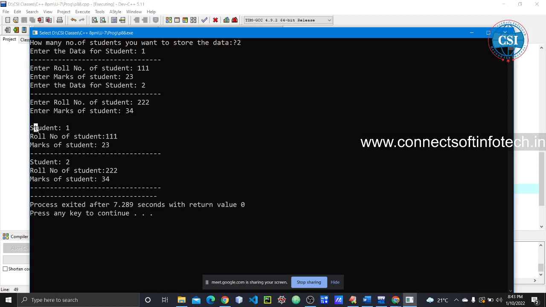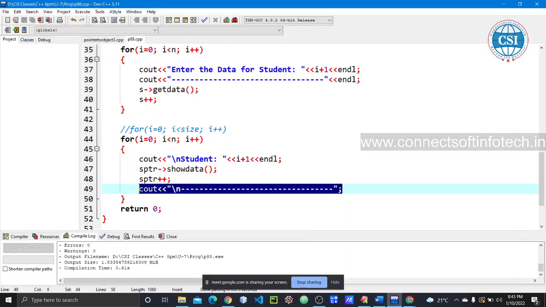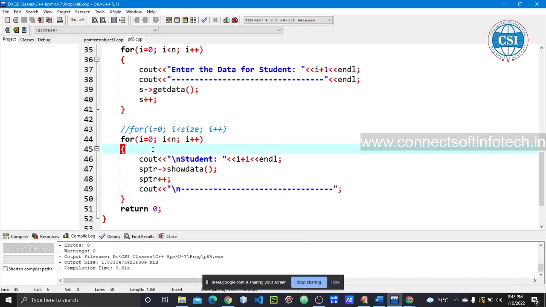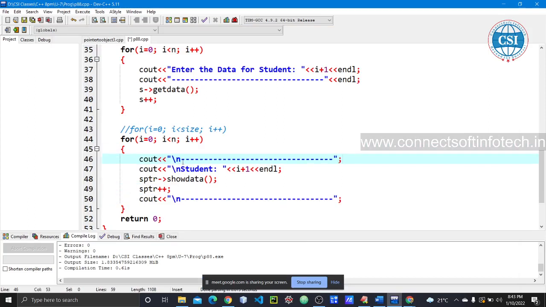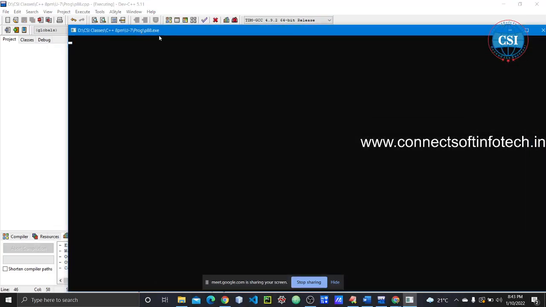Yes, it is showing well. And this again I want to use here also, and you can use endl here. Just we are checking look and feel. Now see here, so once again I am going to compile this.